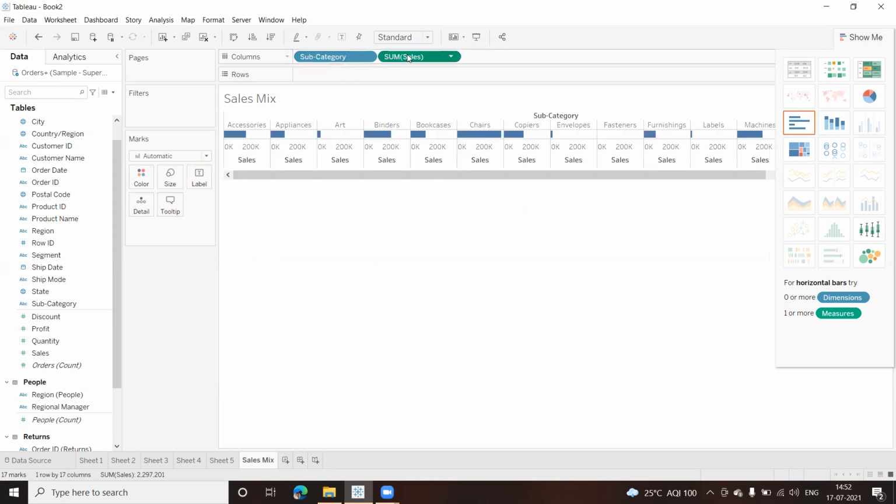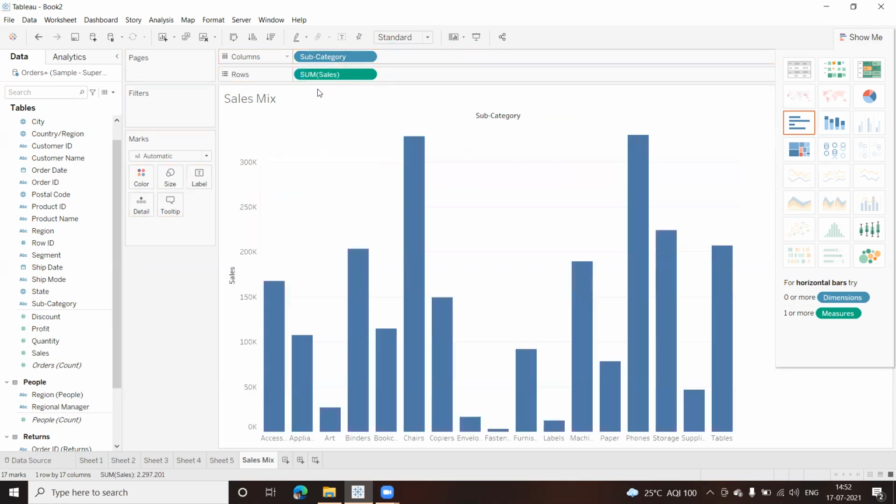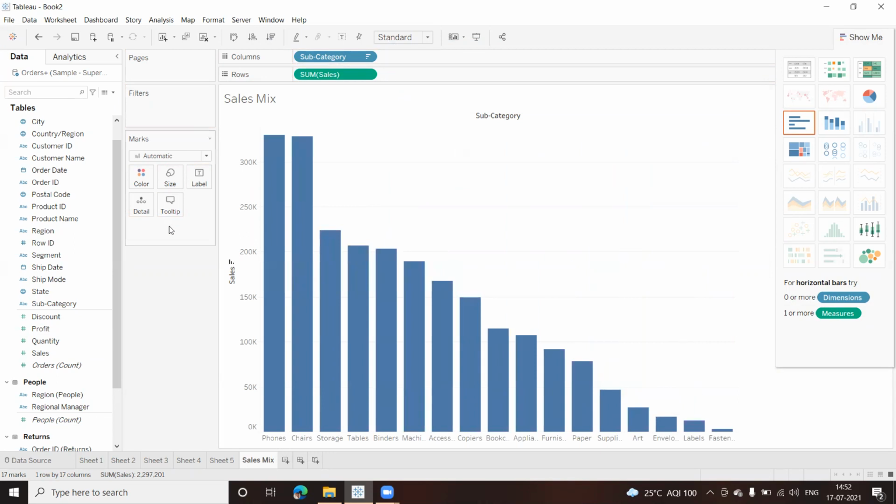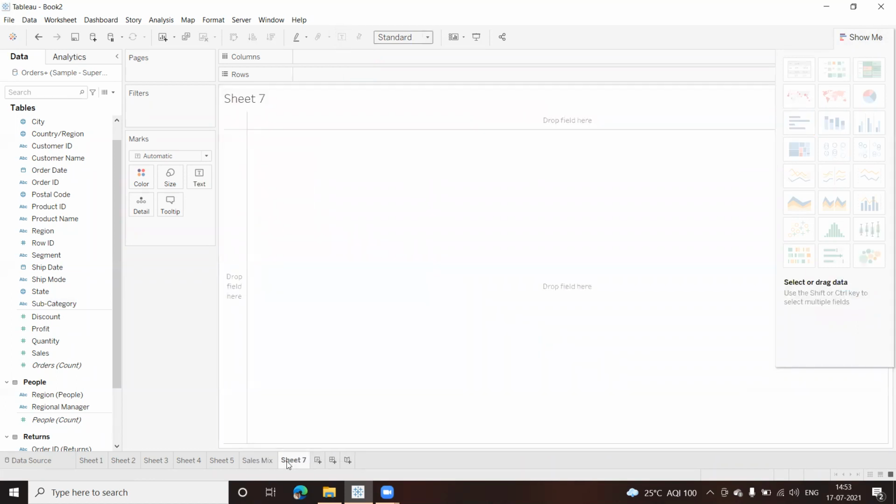Okay, and I'll put the sales down here. I'll sort this out. Okay, this gives a better picture. One more thing I'll do is I'll display the labels. Okay, so this gives me the sales mix. It tells me which item is giving me better sales. Okay, I'm not introducing the price here. Okay, let us create another one.